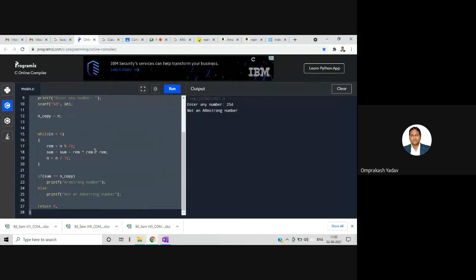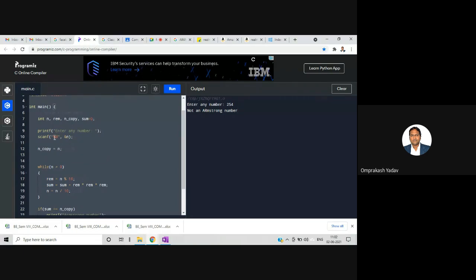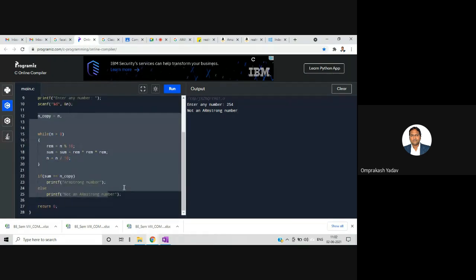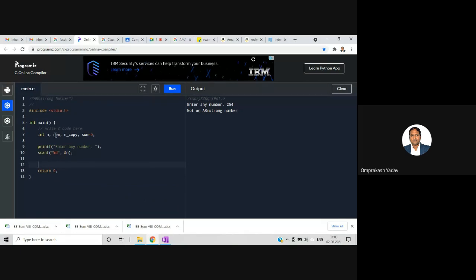So let's do this. I'll simply remove all this. I'll be requiring n, then I. So printf any number and scanf n.